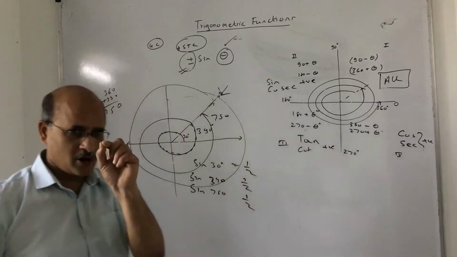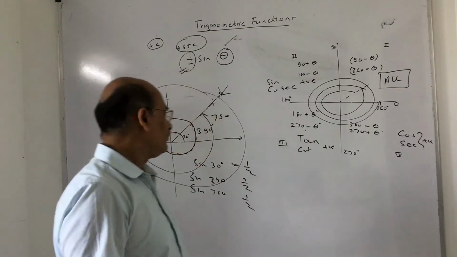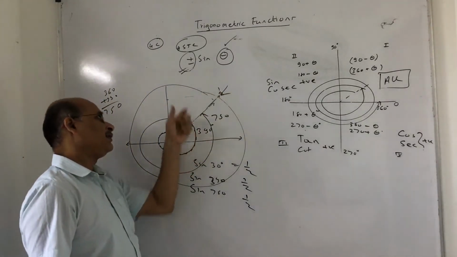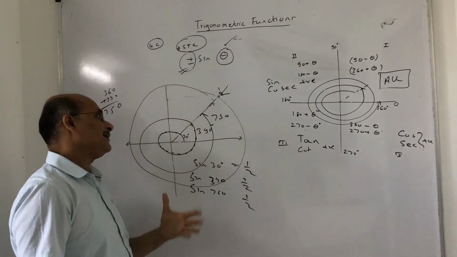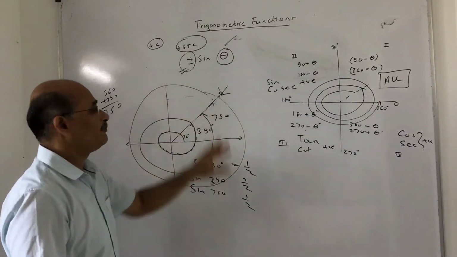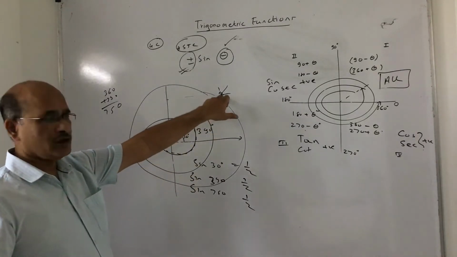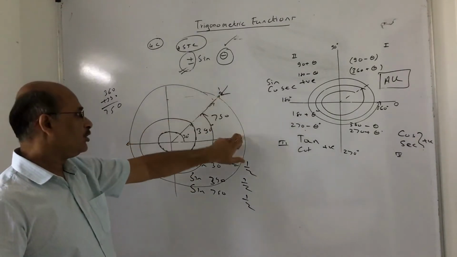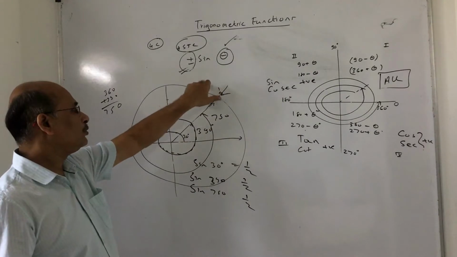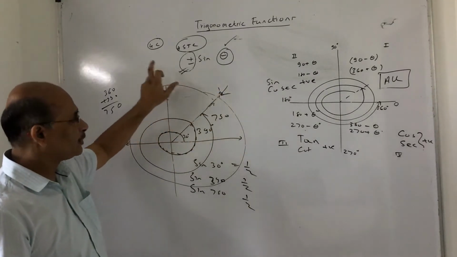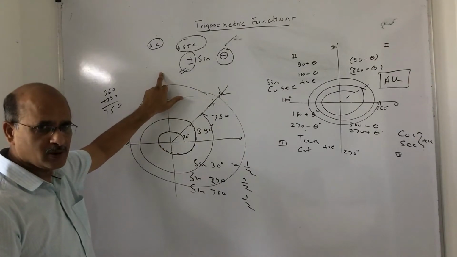These are small pocket concepts which you should remember, because you might ask me later on, why it became half as sine 30 is half yesterday. Because I said there is no restriction of angle, it can get any number of rotations. But the values of the trigonometric ratio don't change. It is 0, half, 1 by root 2, root 3 by 2 and 1. I hope you got this point clear.